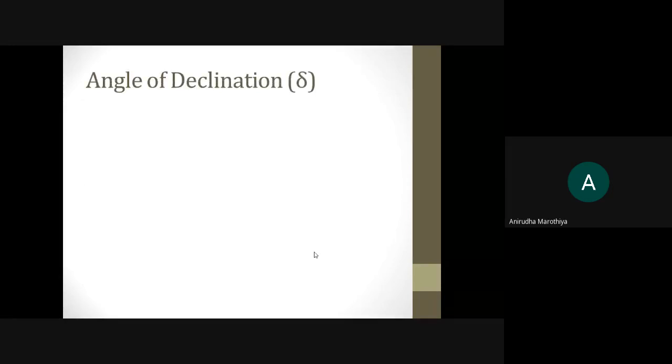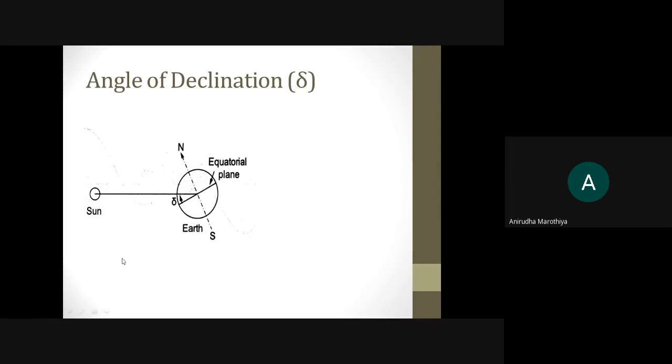Now the next definition is angle of declination. Angle of declination is indicated by symbol del, and for that you need to draw this diagram for understanding the concept. Here I have shown the sun, and this indicates the incoming beam of solar radiation. This indicates the schematic view, or cut section, of the Earth. This indicates the polar axis. This region is the North Pole. This indicates the South Pole, and this plane indicates the Earth equatorial plane.